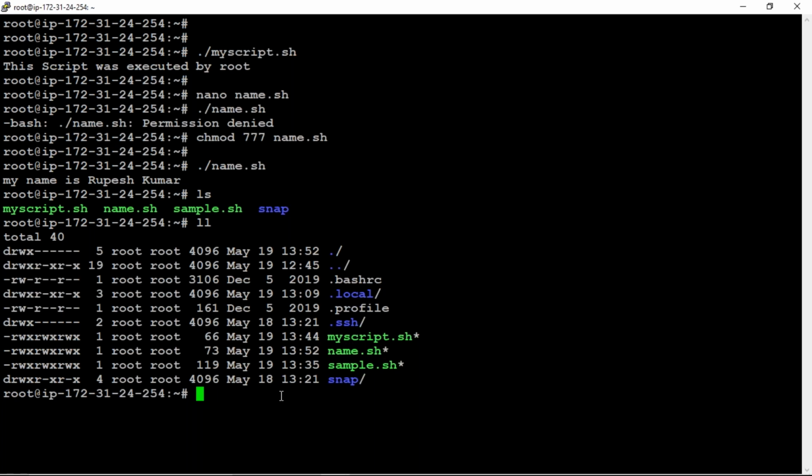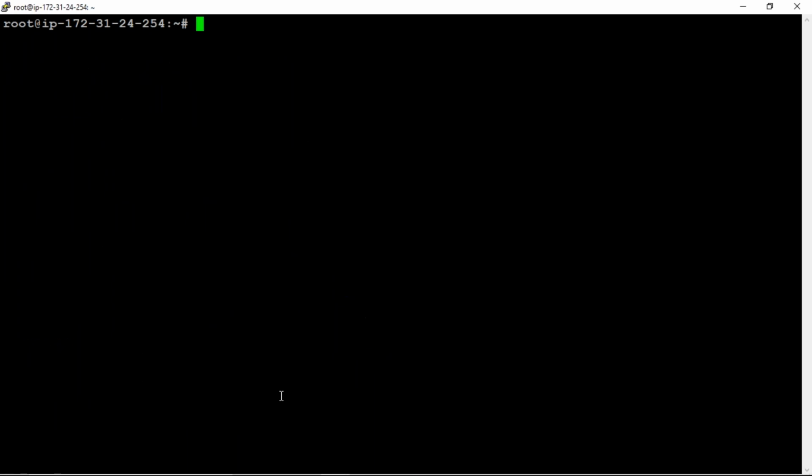Okay, I'm just copying one of my files. So let me clear this one. I'm copying by using the cp command, the copy command: cp myscript.sh /temp. I'm copying that file. So it is copied to that one.